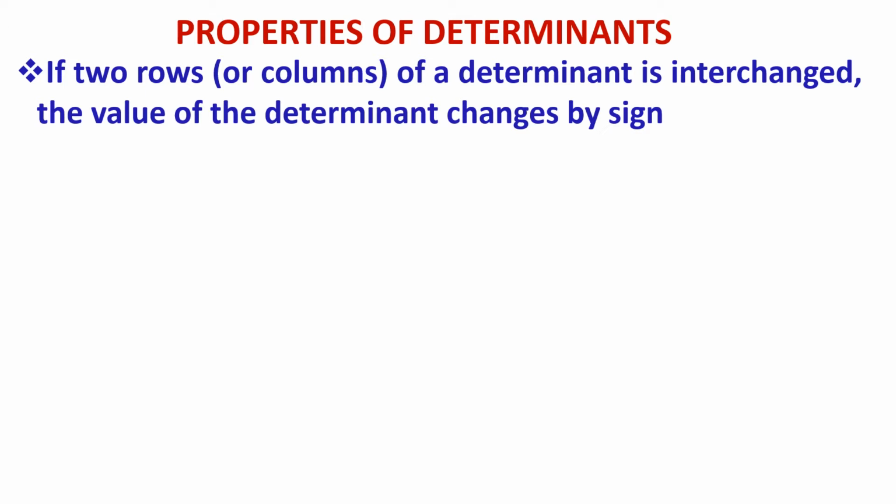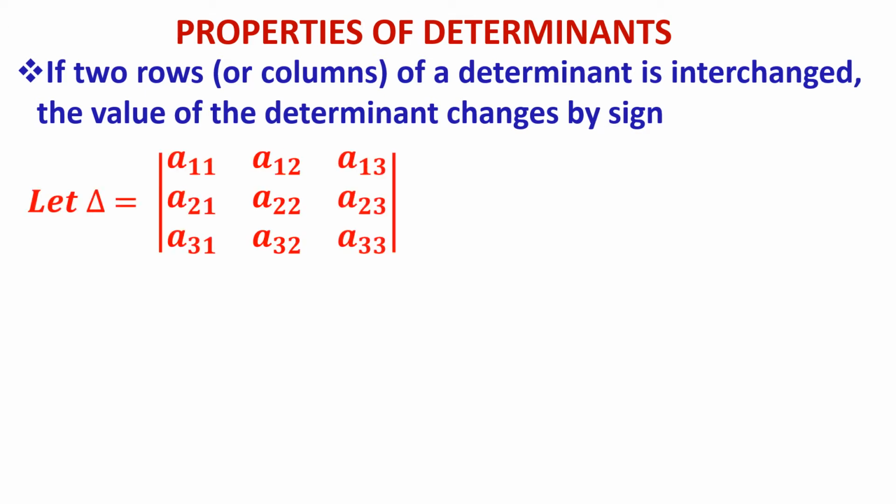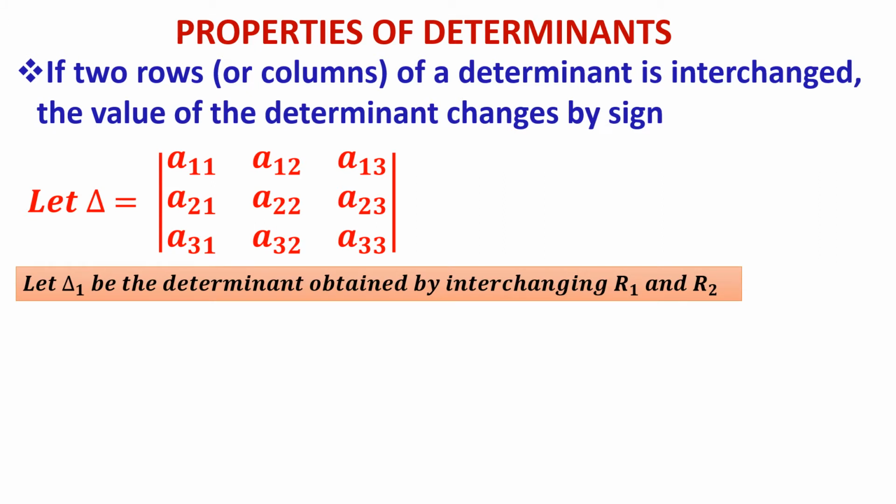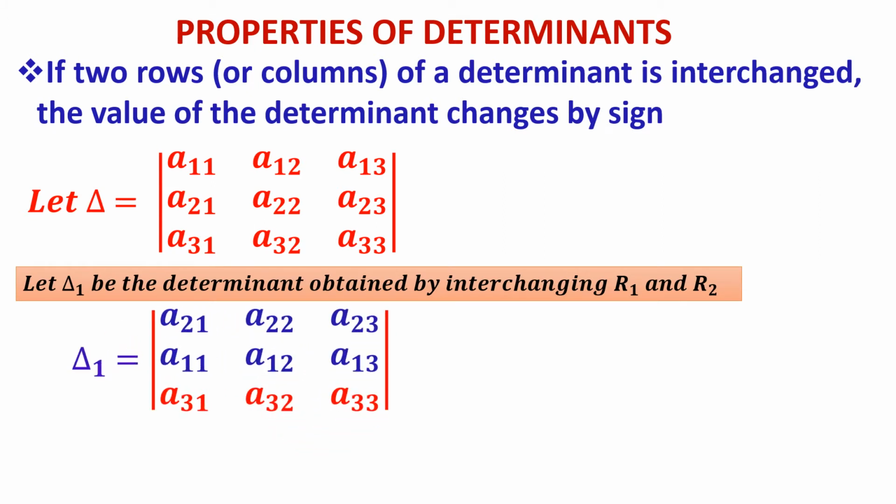Normally, this change will be made to make the determinant easy for us to expand or easy for us to do the calculations. We are taking a determinant now. You know the determinant is defined with respect to its position, A11, A12, A13 and so on. Now I am interchanging R1 and R2. I am showing it with that color now. A21, A22, A23 has become the first row. A11, A12, A13 has become the second row. R1 and R2 are interchanged. We are writing it like this.